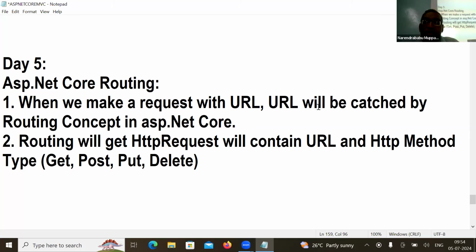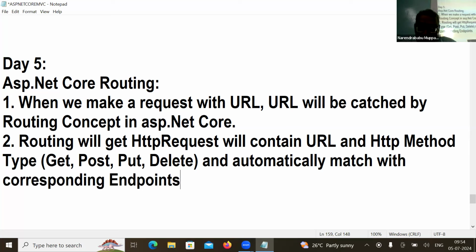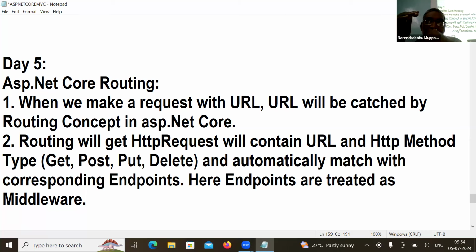The HTTP request will contain a URL and it is automatically matched with the corresponding endpoints. Here endpoints are treated as middleware. Associated with the endpoint, if I have 10 middlewares, all the 10 middlewares are associated with the 10 endpoints. You got my point? So if I create endpoint 1, endpoint 2, endpoint 3, endpoint 4. You got my point? So to build this,